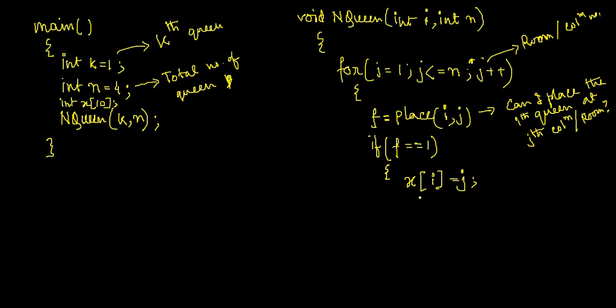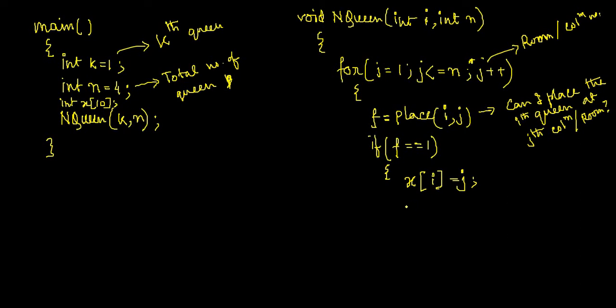Now after doing this, you don't know the queen number, right? So the ith queen can be the last queen also, right? So if the king has placed the last queen, that means the king has already placed the other queens, because the queens will be placed in increasing order. First queen, then second queen, then third queen, then fourth queen. It's not in an arbitrary fashion. So if the placing of the fourth queen is done, that means the job is completed, right?